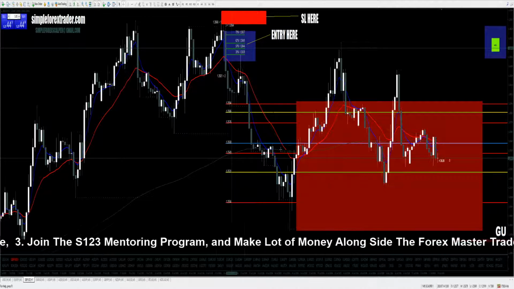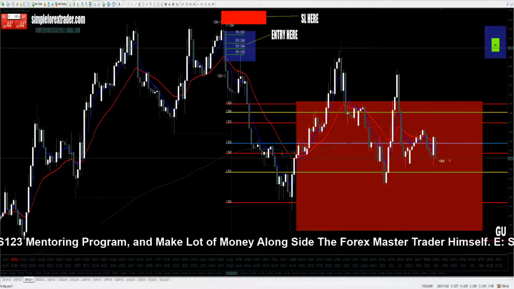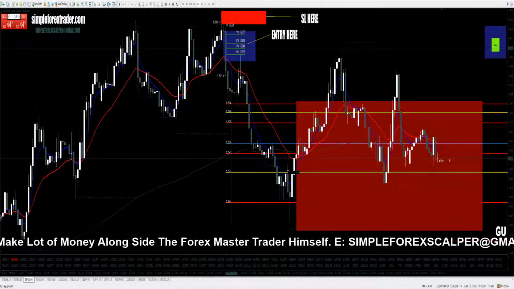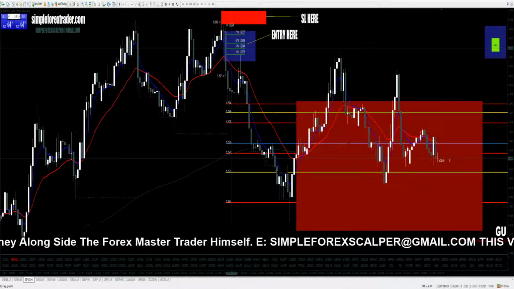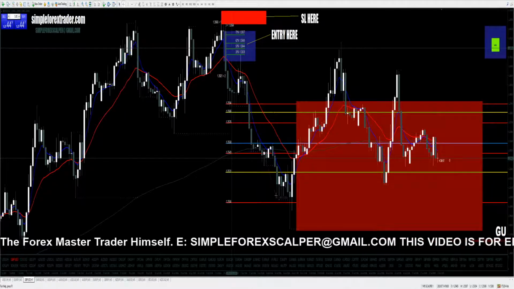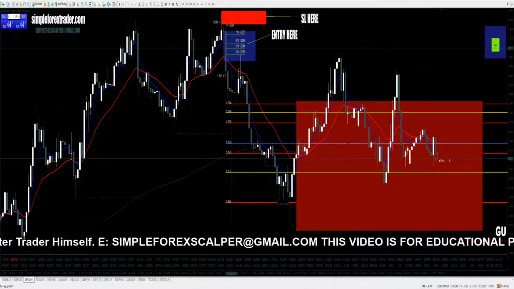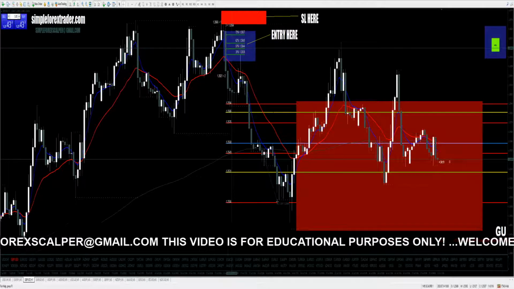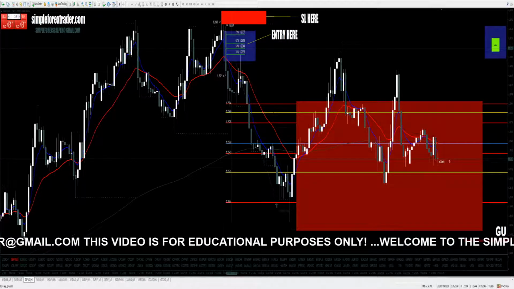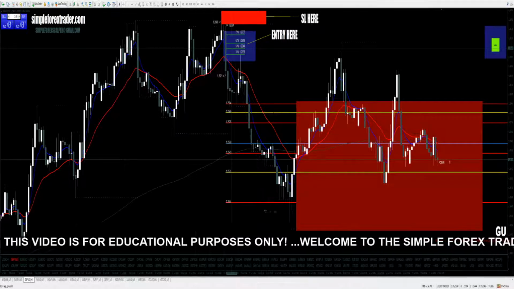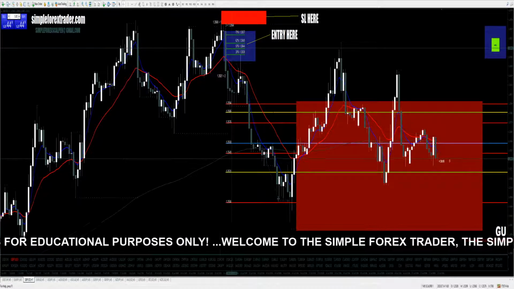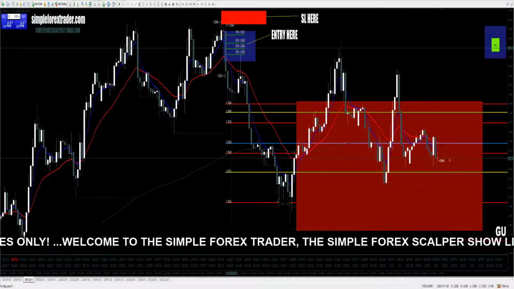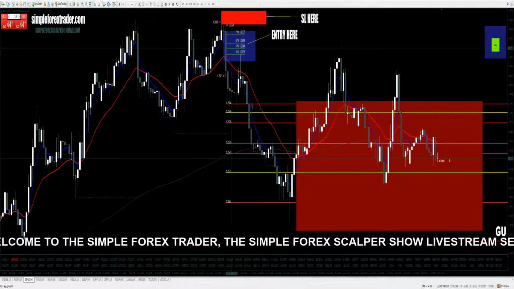So continue down to the fifth, 96 pips, and then down to the sixth, which is about 118 pips, and then down to the seventh, about 140 pips. So you could have made 140 pips down here. You can see. So that's what I'm saying. I'm saying that you can make this sort of profit just by